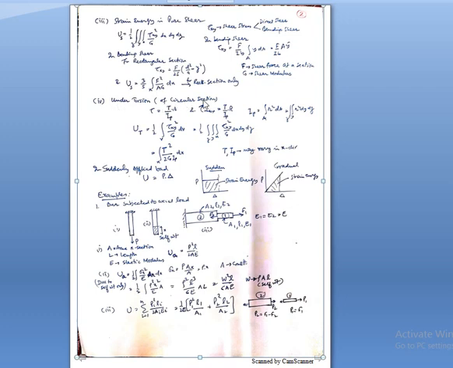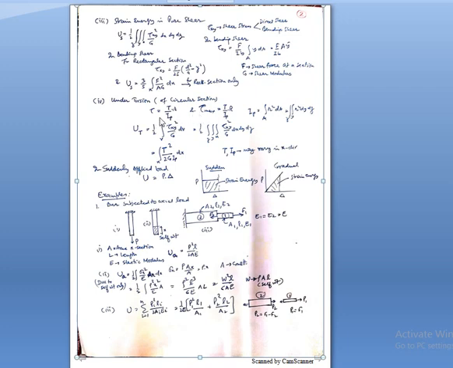Similarly, under torsion for circular sections, tau is equal to T upon Ip into r, where Ip is the polar moment of inertia and r is the radius of the circular shaft. So we can substitute this. Now see here, this equation is the same as this one, because this is the shear stress due to torsion. If we substitute the value of tau xy from here, and the volume integration, that is dx dy dz, if we take y z into r square dA dz, like this one,